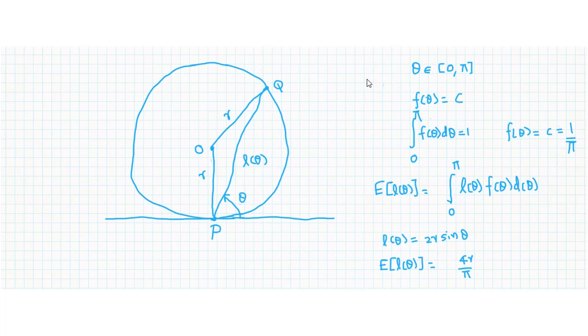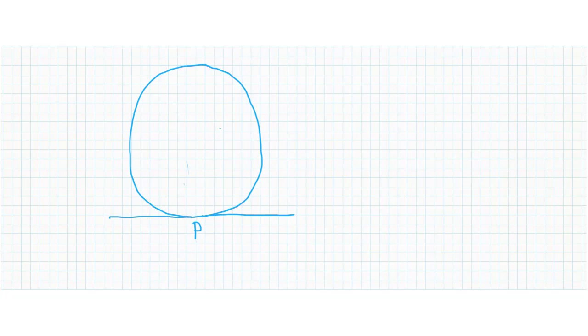Note that pi has come here. We'll make a note of it now. Let's go back to the circle we started out with. P is the bottommost point. Expectation is in some sense an average. That means that if we draw several chords starting from point P to several points on the circumference and take an average of the lengths of these chords, we should be getting something very close to the expected value that we saw in the previous slide. So this is what we are going to try next.